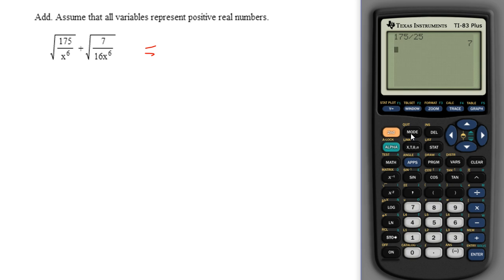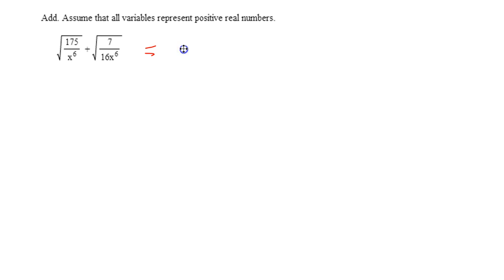So I can write that top. I'm going to go ahead and split up the radical on top and bottom as well. But I can write that top as the square root of 25 times the square root of 7. Right? And on the bottom, the square root of x to the 6th. Alright, all that is just this first fraction right there. Alright, and then plus